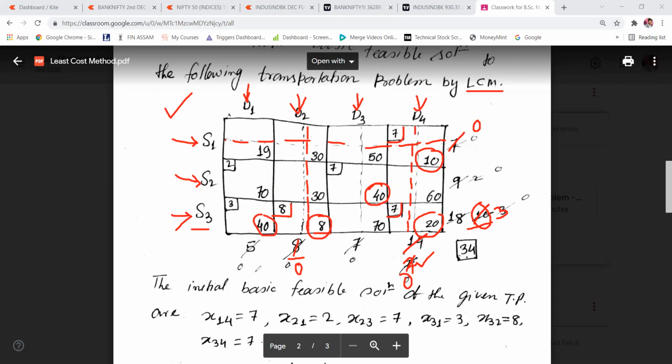Now we have got two cells where the transportation cost, that is the least, is the same in two different cells.